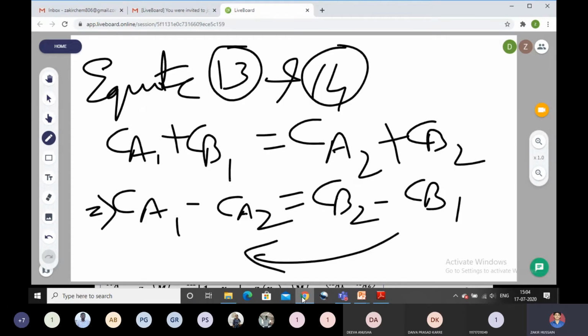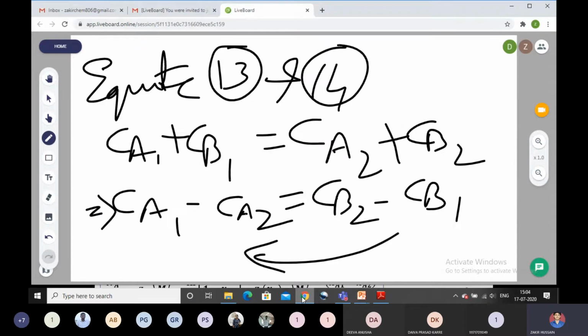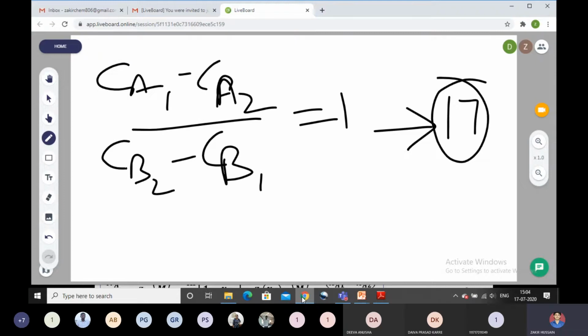How have we derived that equation? Using the left and right hand approaches of the concentration graphs, we have deduced these four equations. Out of these, we have just interchanged for the Cb1 and Cb2. Then we can write these two equations and equate equations 13 and 14, because C and C are there on the LHS of both equations. Equating and rearranging, we get this equation.